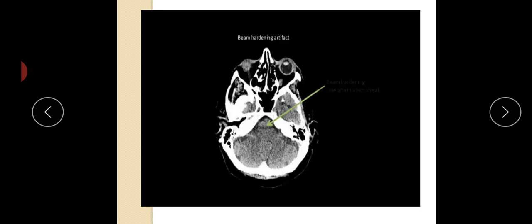So, how is a beam hardening artifact caused? Unfortunately, the X-ray beam producing the CT image is not a monochromatic beam. The beam contains X-rays with many energies, although we speak of the average energy of a CT X-ray beam being about 70 keV. As a heterogeneous X-ray beam passes through the patient, the low energy photons are rapidly absorbed. This means the X-ray beam exiting the patient contains a lower percentage of low energy photons than the beam when it entered the patient. This effect is called beam hardening.